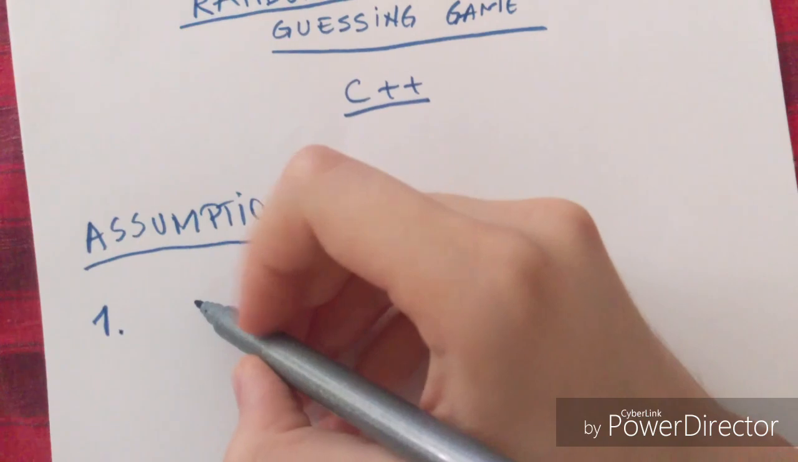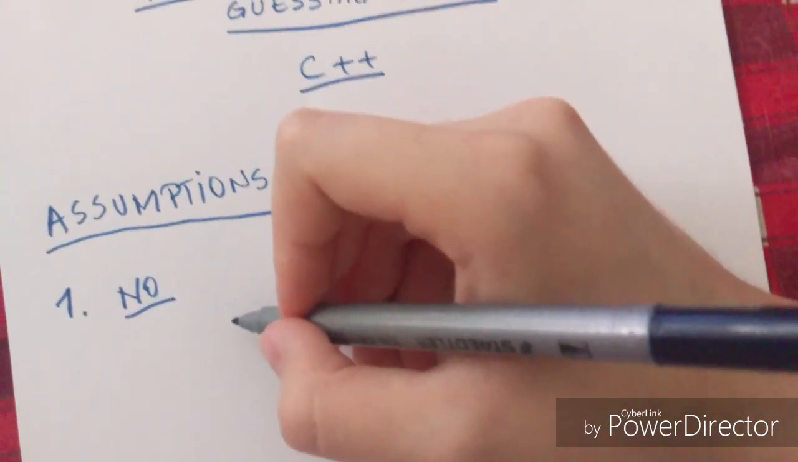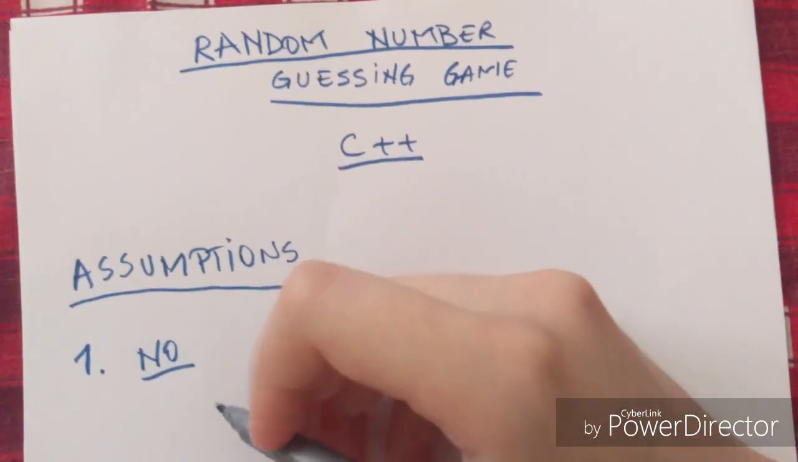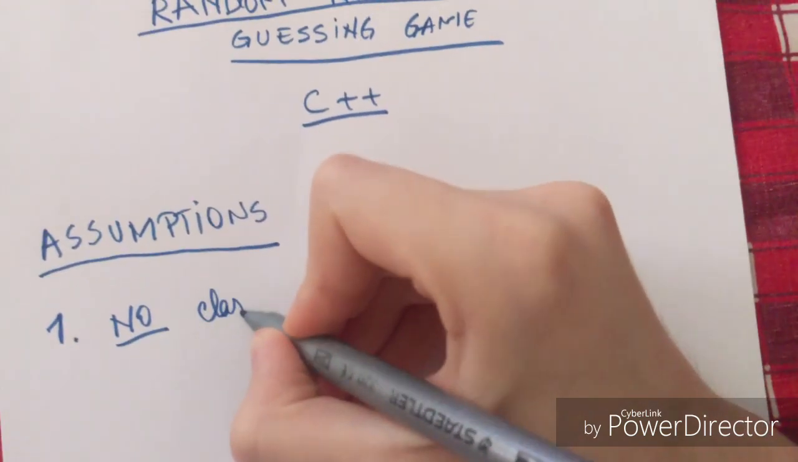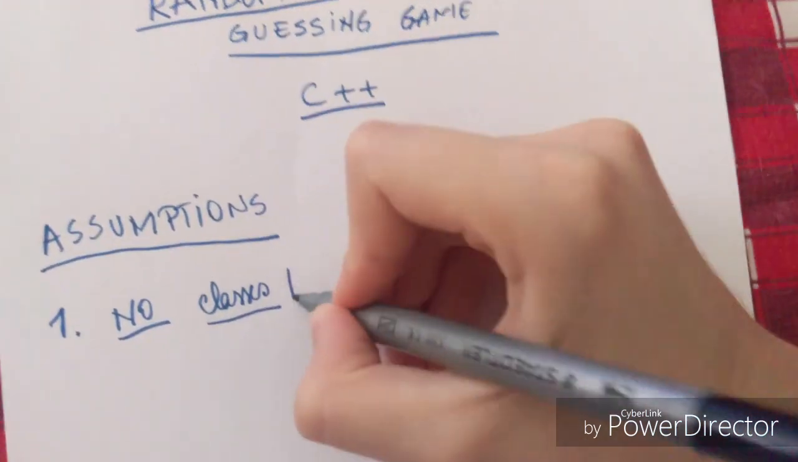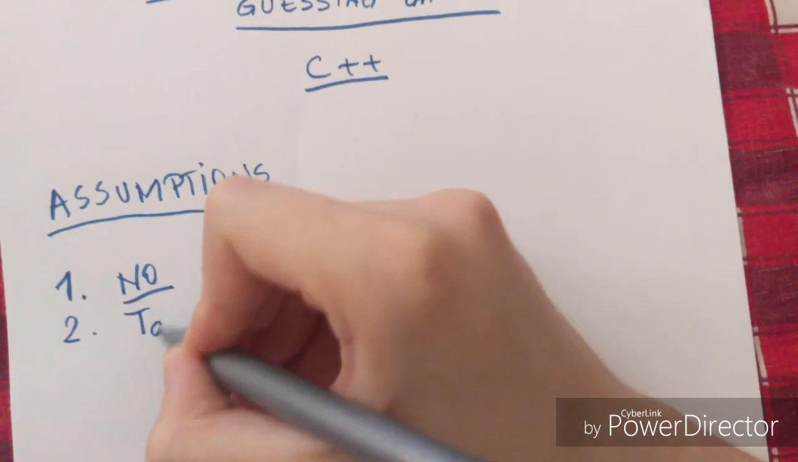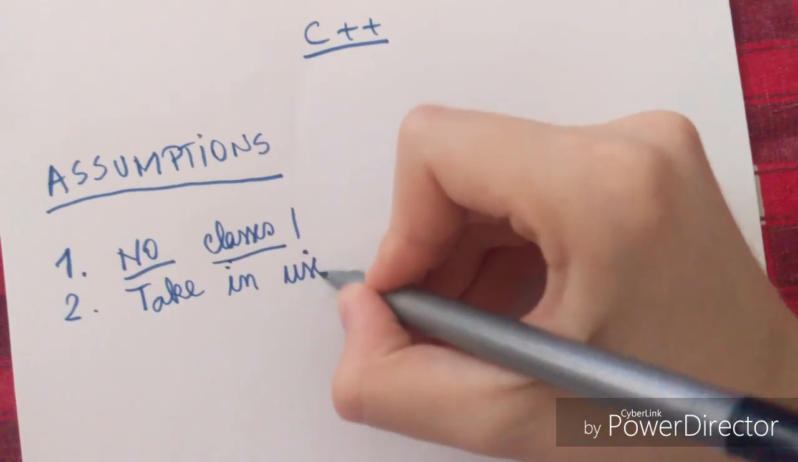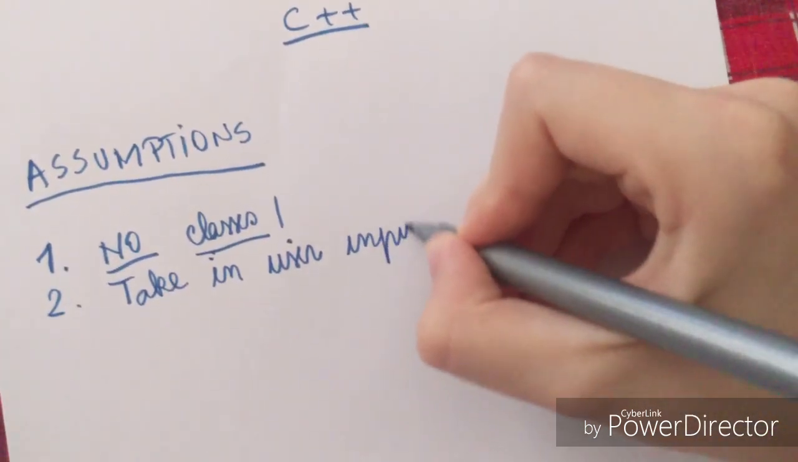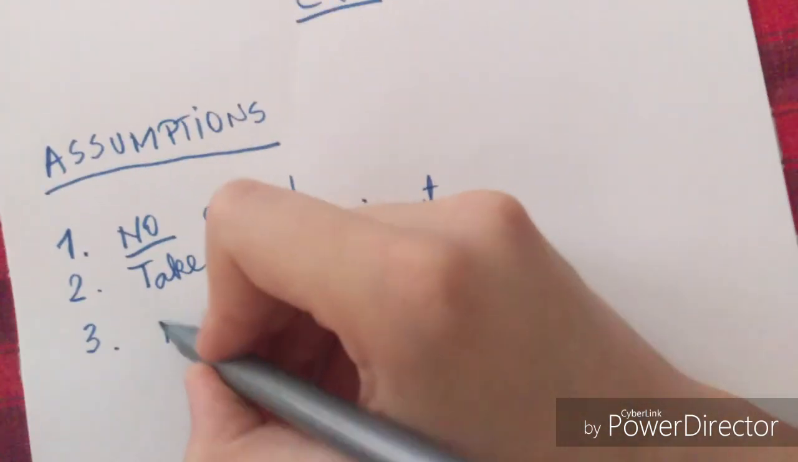The first assumption is that we're not going to use classes. We could use classes, but for this program right here, we are not going to be using any classes because it's easier and faster. The second assumption is that we are going to take in user input. And the third assumption is that we are going to be using rand